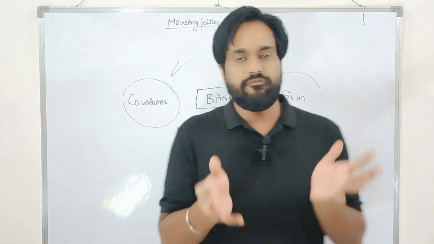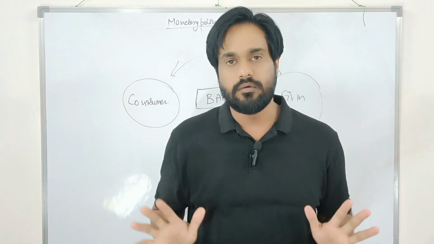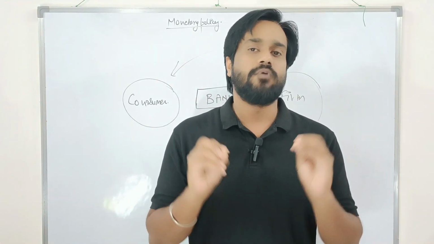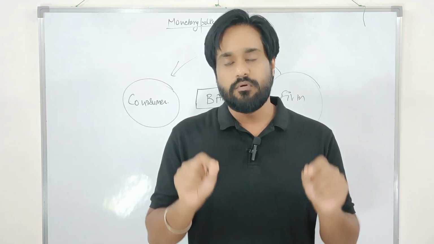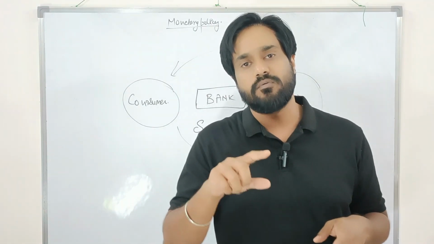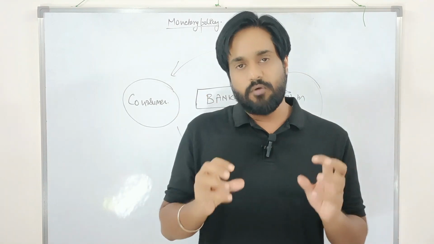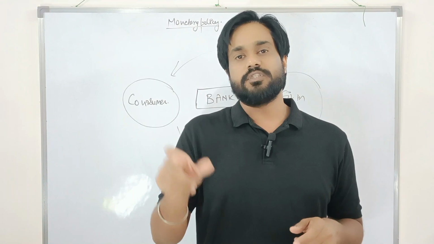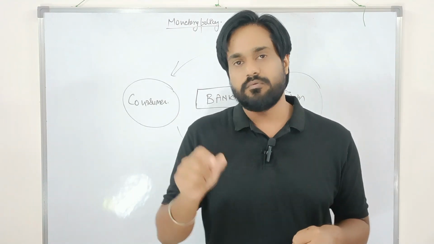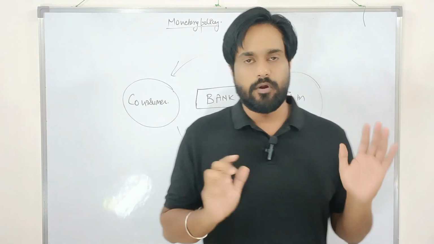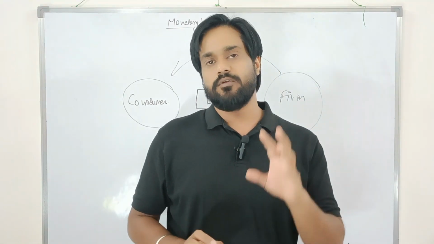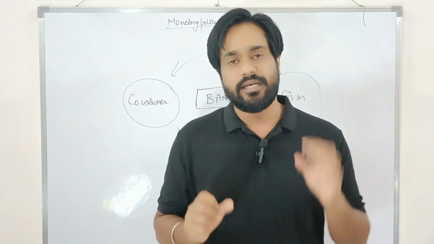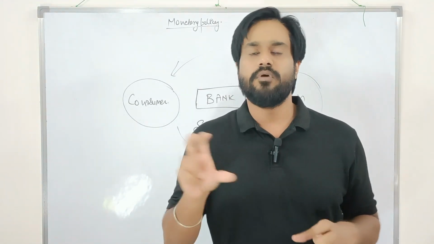If we are talking about the economy, there is a topic called the circular flow of income. First, you have to understand this topic, how money circulates in the economy. I already explained the circular flow of income in another video, whose link is mentioned in my description box. You can check it out. Now come to the topic of monetary policy. But first of all, I will explain inflation. Inflation is measured through various methods, and it is calculated by the CPI and WPI models.